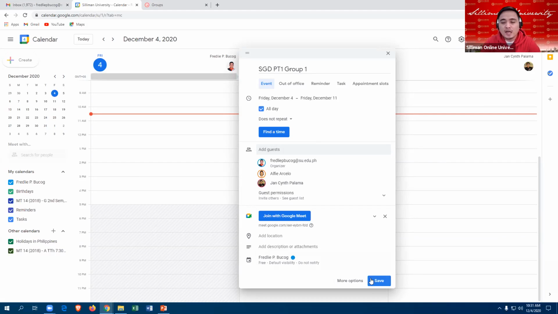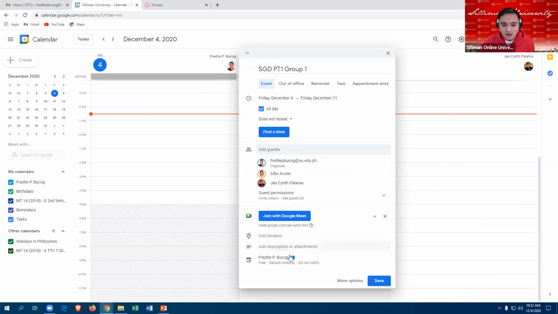So in creating a scheduled meeting in Google Meet, we will first set up the Google Calendar. We will set up the event. We set up this event for this specific group. And then we click the save button. Once you're done, you specify the range of the date, and then you have the guests or the members, and then you have the meet link.